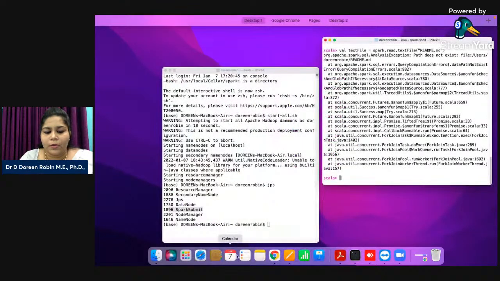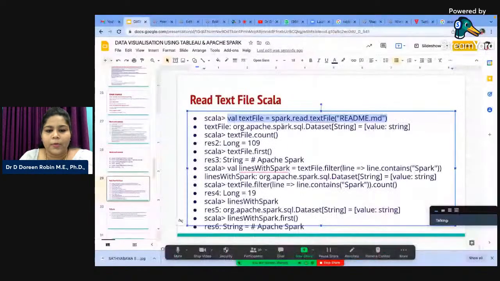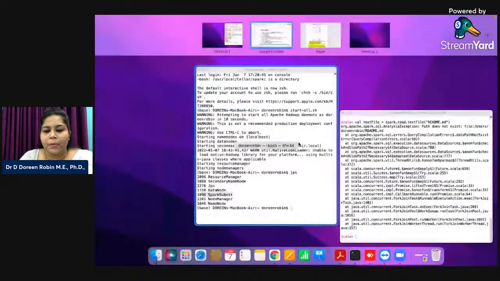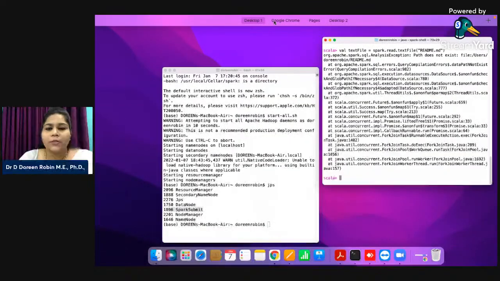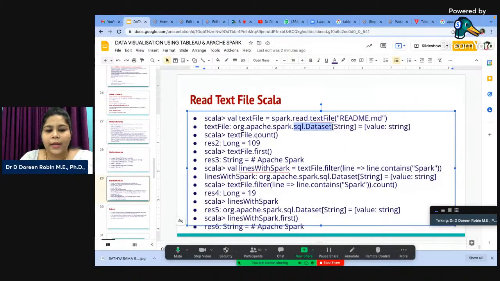It is getting loaded. Once it is done, I get a SQL data string. I have to go to the path before I run it. Since I didn't go into the path, I'm getting this. So this is what I ran. So textFile dot count of, if I give that, then you get